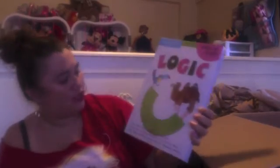It's a puzzle game and a picture book as well. Oh, this looks like fun. Then we have the logic, 4 books from Cumin. It's logic, spatial reasoning,